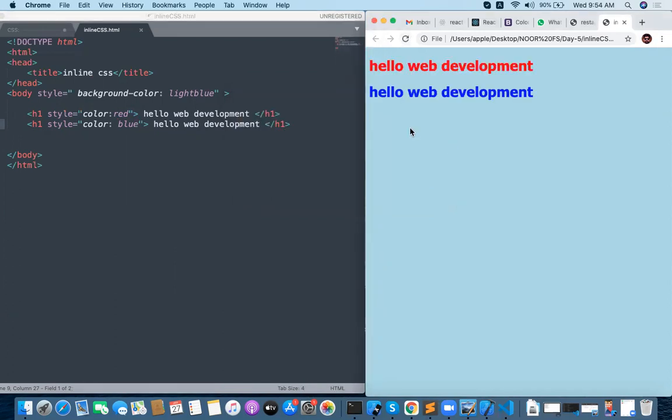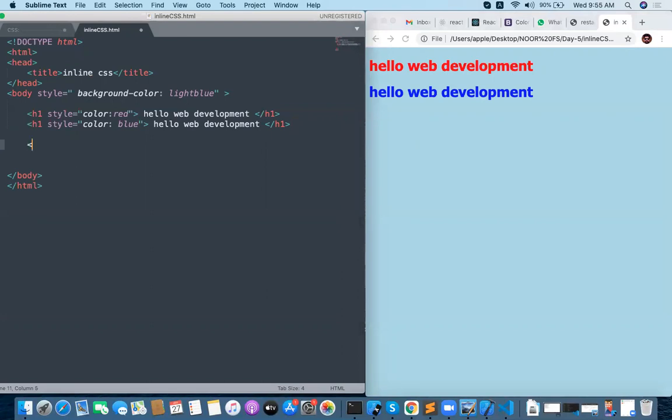What happened? The first H1 got a separate color, and the second H1 is also taking a separate color. By default, it will take a black color. Yeah. Browser default color it will take. Browser default color is a black color, and the browser default body color is a white color, and the browser default font color is a black color. But based on your style changes, automatically those things get applied here. You have to understand how things are happening.